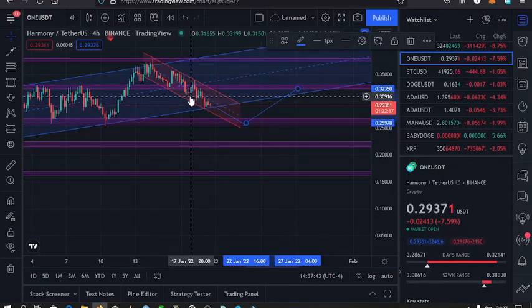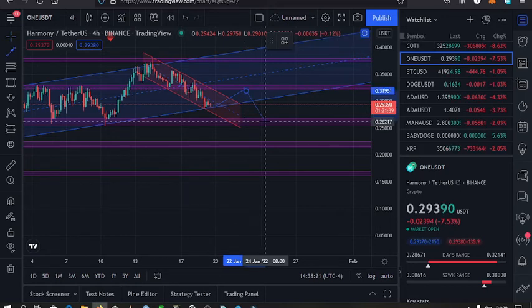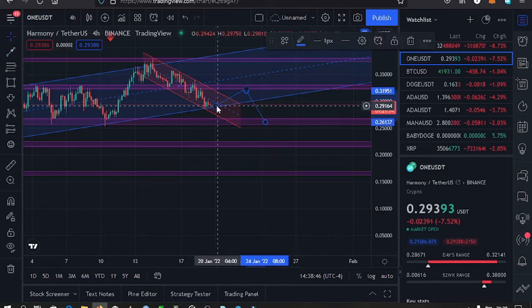On the 4-hour chart, we have this descending channel, and this channel has been well respected. Based on this descending channel, I have two case scenarios. The first case scenario is that the price can bounce from the current price to this support up here. Then once we reach this resistance up here, I expect the price to bounce back to the 0.26 mark. And if this case scenario happens,